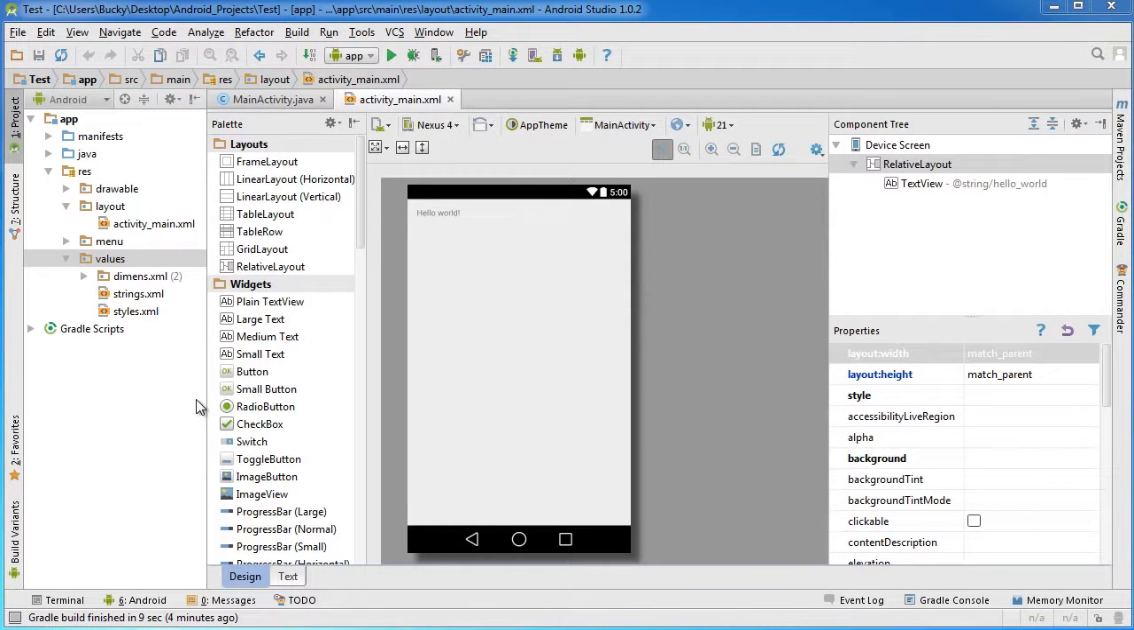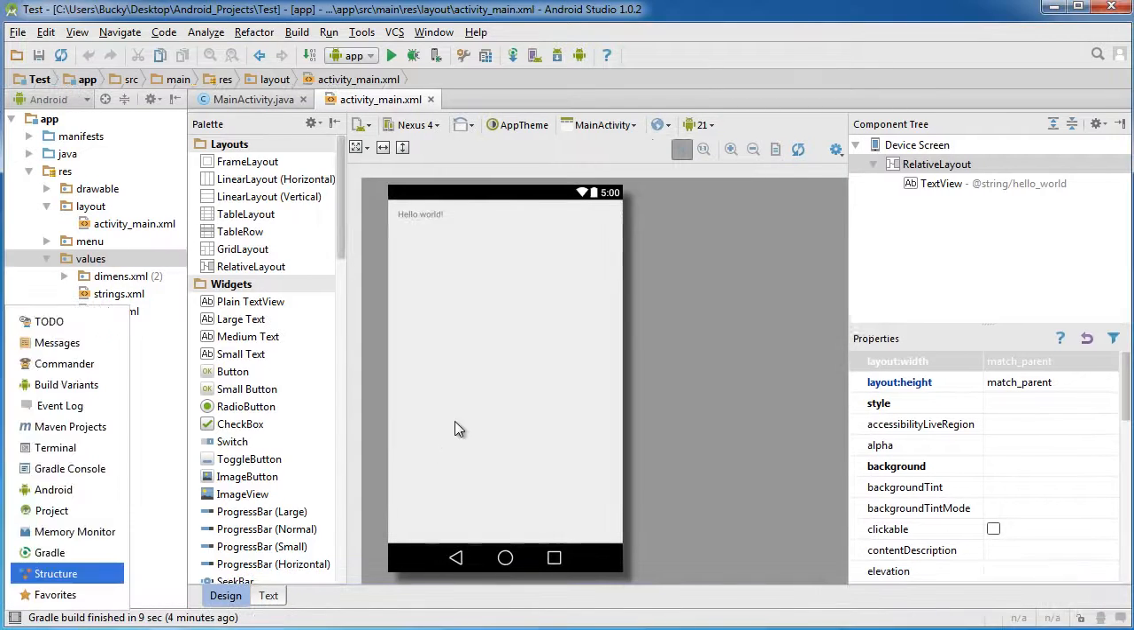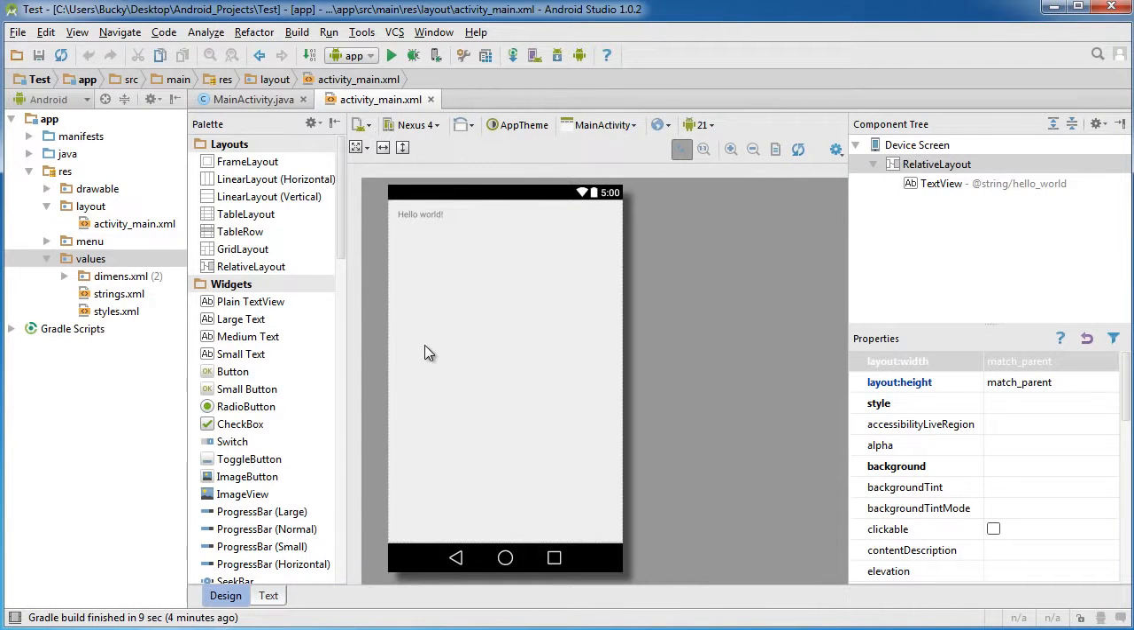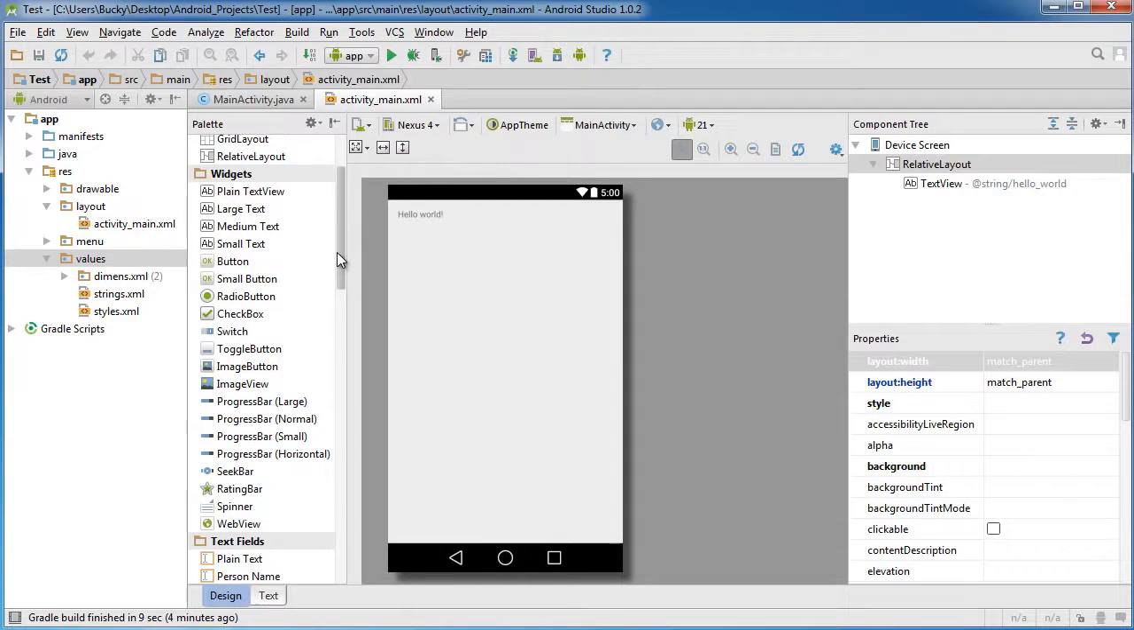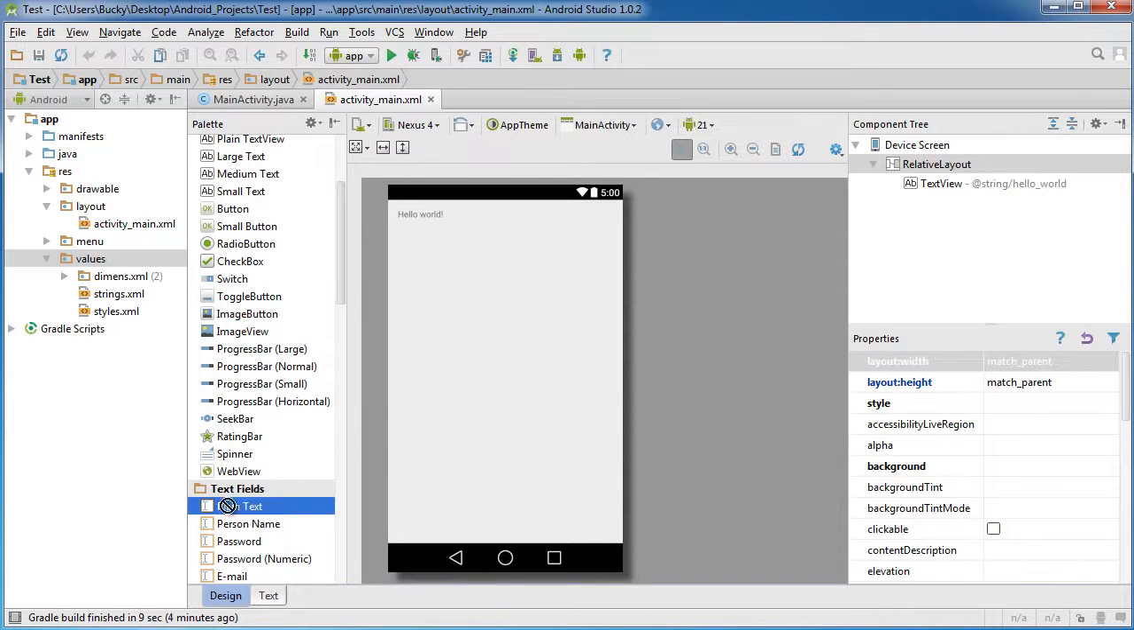Alright guys, let's go ahead and start talking about styles and themes. So first of all, what is a style? Well, let's say that you had a bunch of these inputs